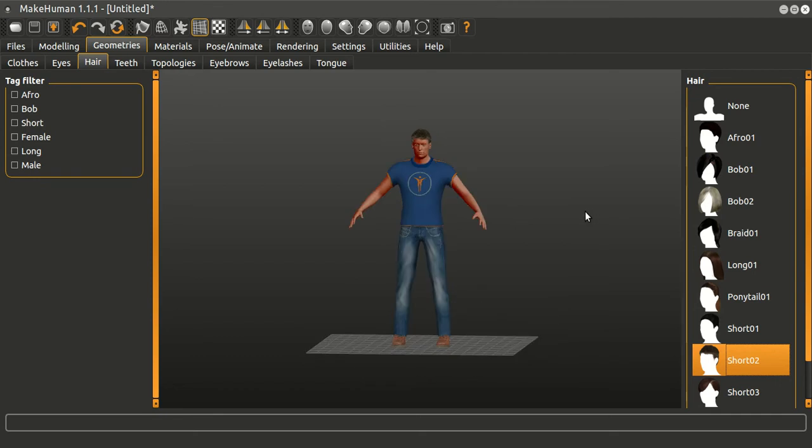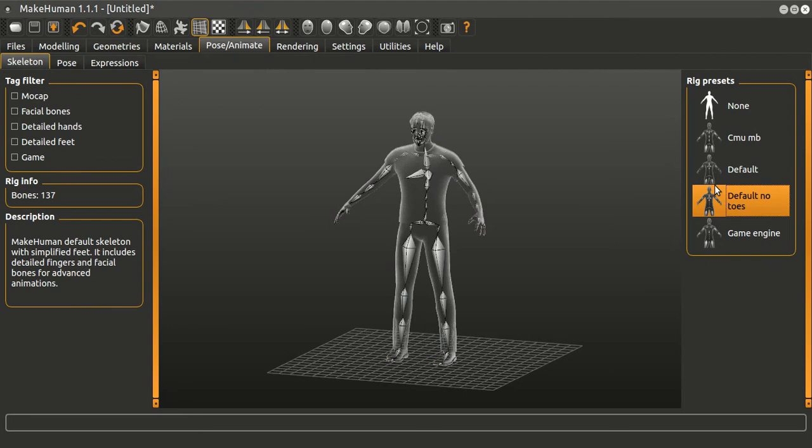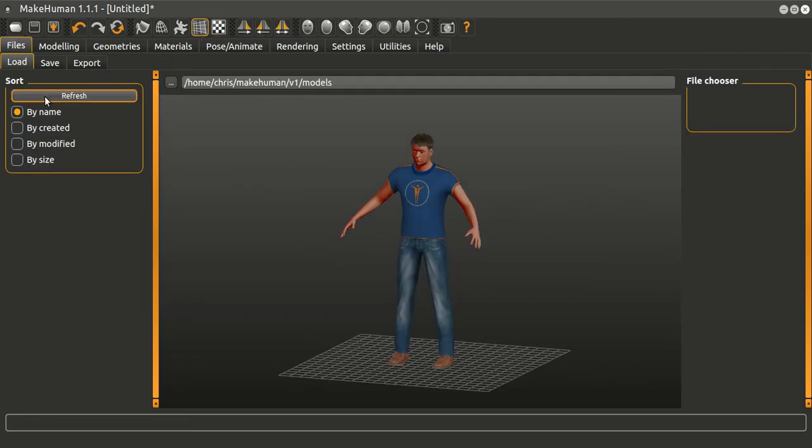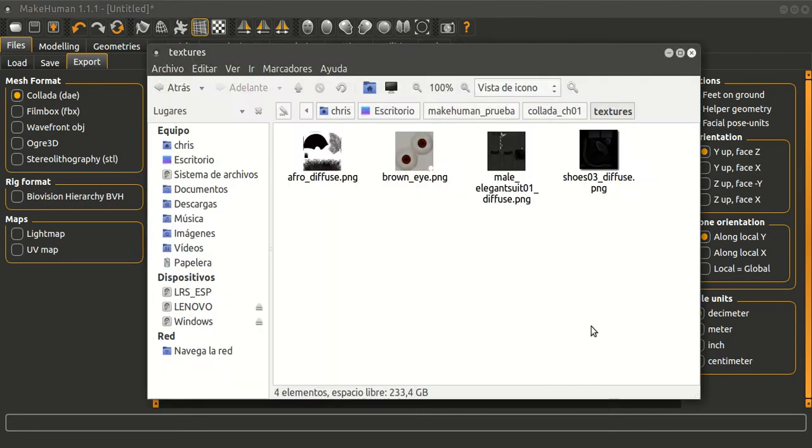Okay, that's it. This is my character. Pose animate, select default, and I export Collada, correct, and then create another